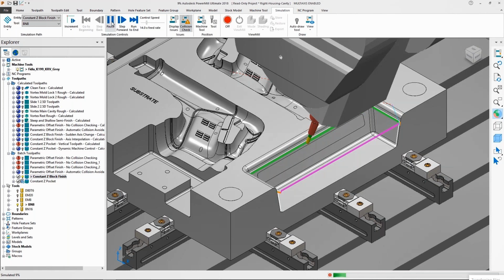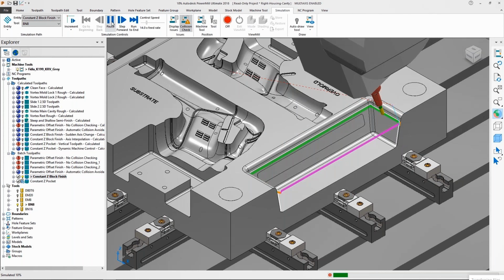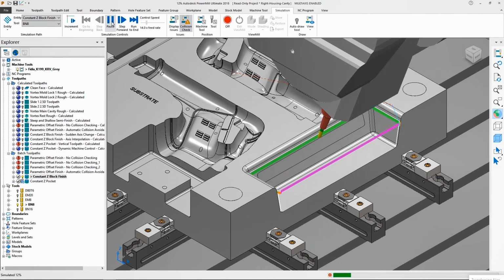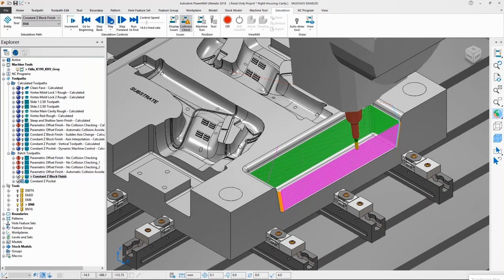So these are the list of toolpaths, as you see. Earlier you saw a 3-axis toolpath, now you see multi-axis, like the 5-axis tilted continuous toolpath over here for machining it.